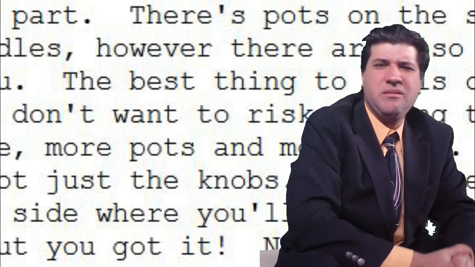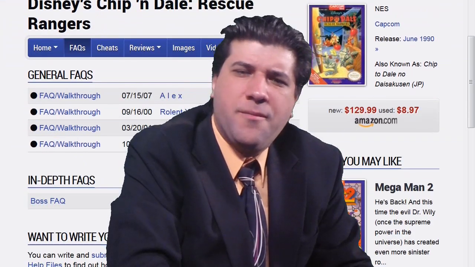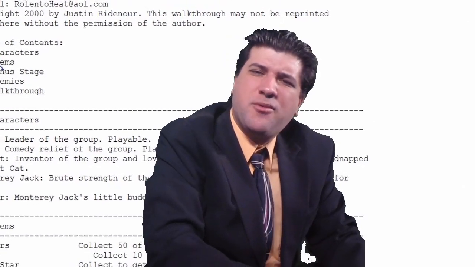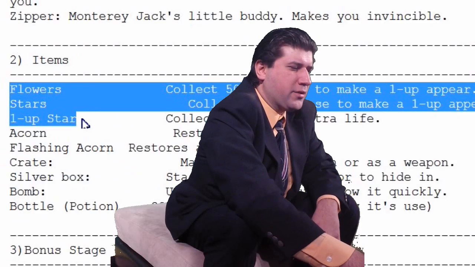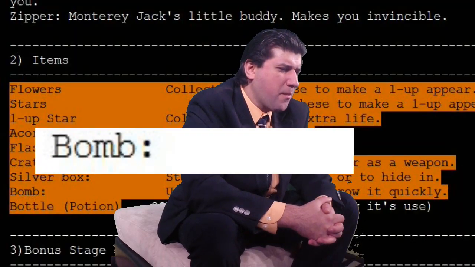Well, shit. So in desperation, I tried another FAQ, or FAQ as they're called. So I checked Mr. Roland X's. He had a chapter entitled Chapter 2, Items. Flowers, stars, one-ups, acorns, flashing acorns, crates, silver boxes, bomb, bottle,